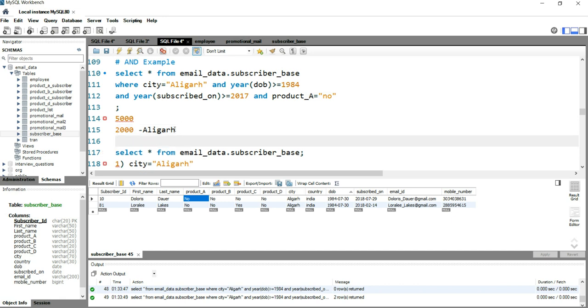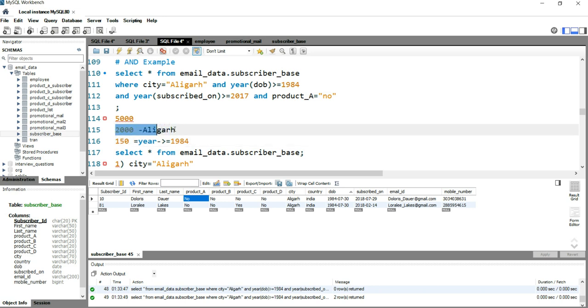Then out of these 2000, it checks whether the date of birth has year 1984 or not. So out of those 2000, for example, it finds that 150 have year greater than or equal to 1984. All the rest of the records will be ignored, and it will keep only this 150.